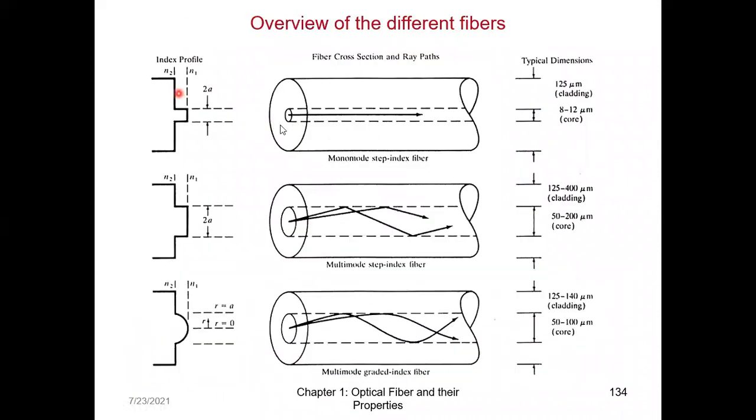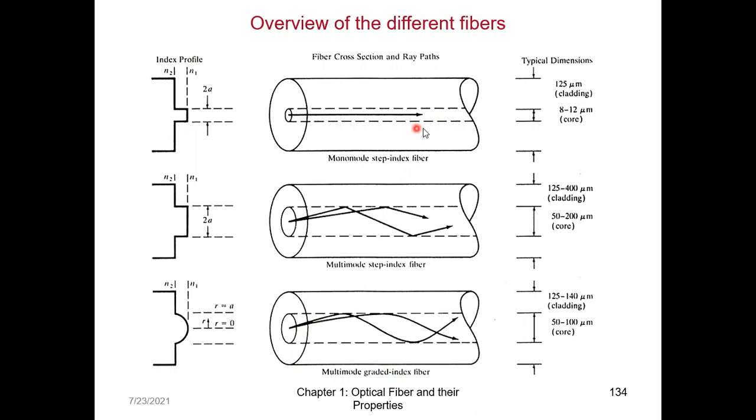This is the one which I was telling, and you all are supposed to draw it. Until now I had not asked you to draw any fiber cross section or anything. So here, this is again from your book. All those black and white diagrams are from your book. So this is your monomode, that is single mode step index fiber, multi-mode step index fiber, and then you have multi-mode graded index fiber. Here the index profile is there. So draw this profile, draw the fiber.